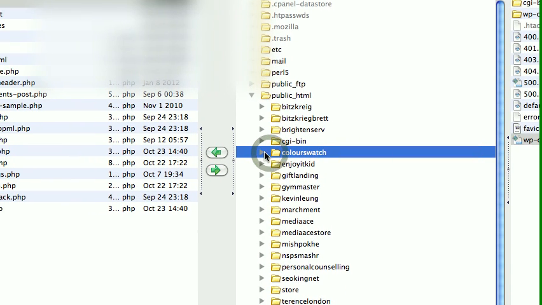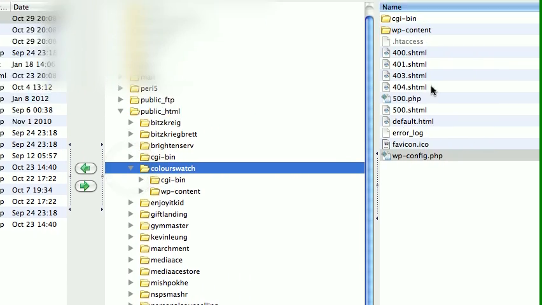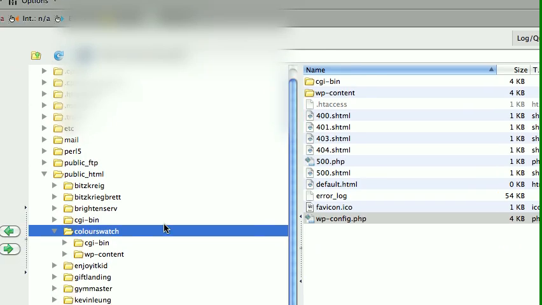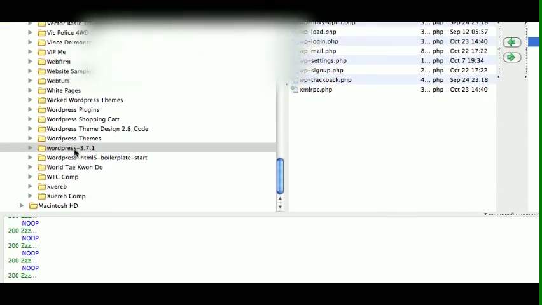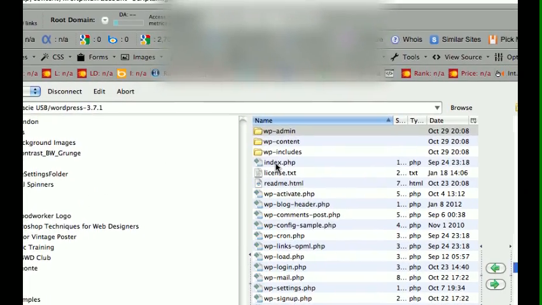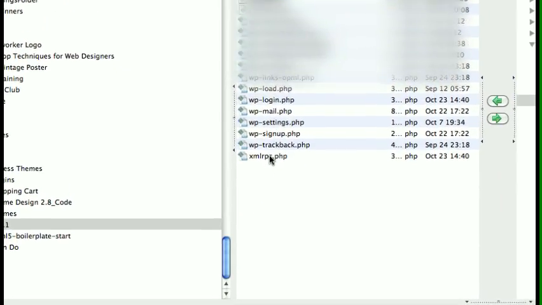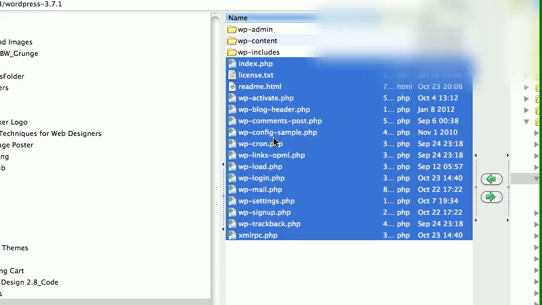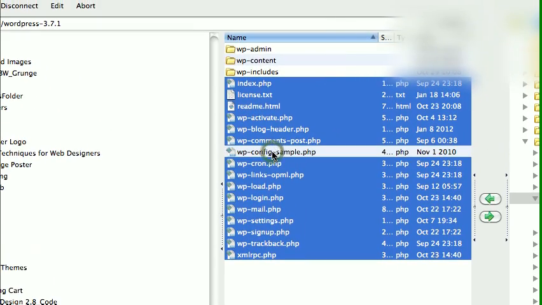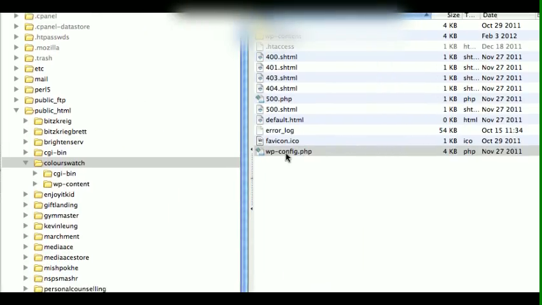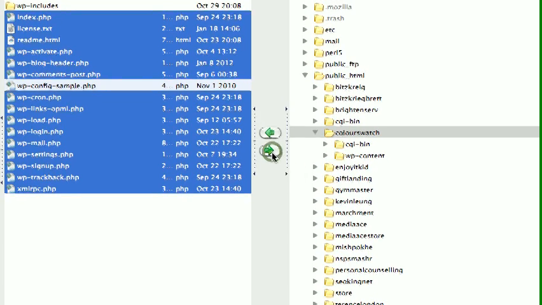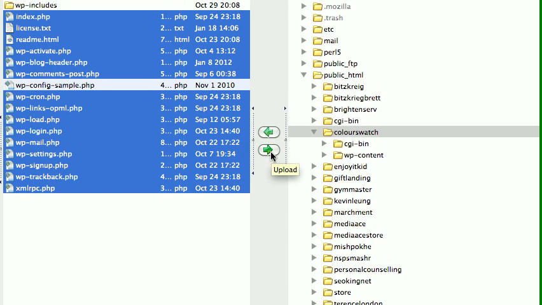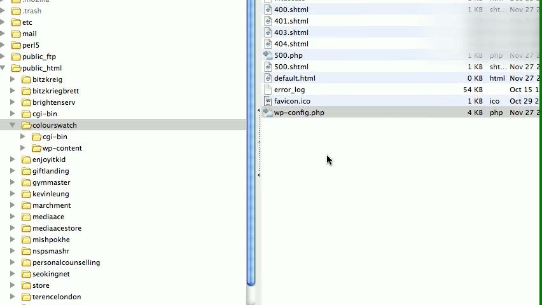Now, just to make sure we're going to the right spot here, we're going into the main directory, and we're going to make sure we're in here, WordPress 3.1.7, and we're going to now copy everything across. What we're going to leave out though is this WP config sample. We don't need it because we've already got it here as a proper config file. So we're going to put that all across again. And once those files have all gone across to here,